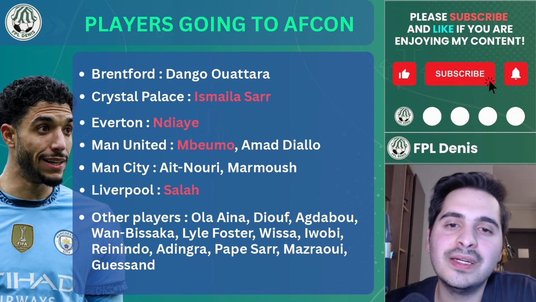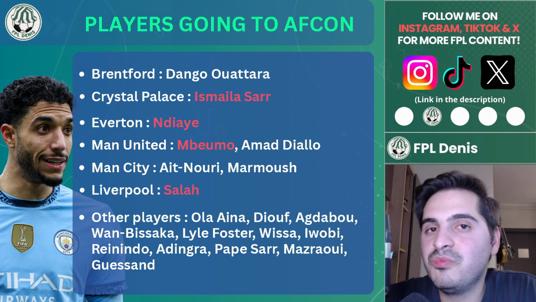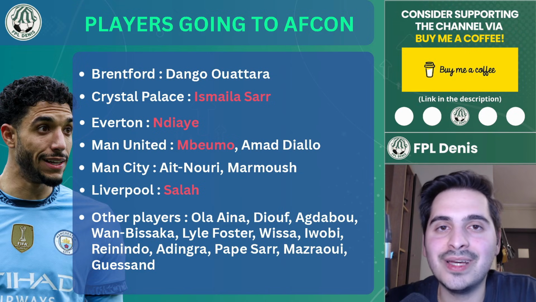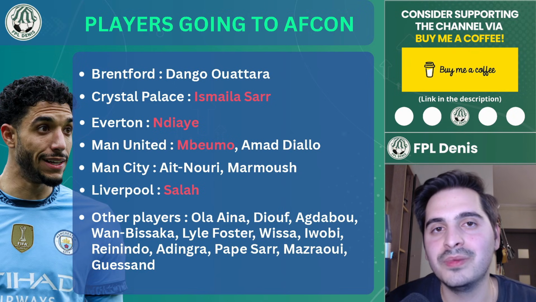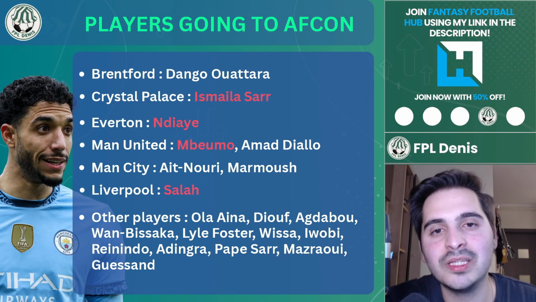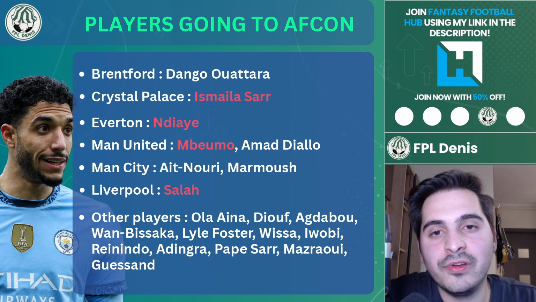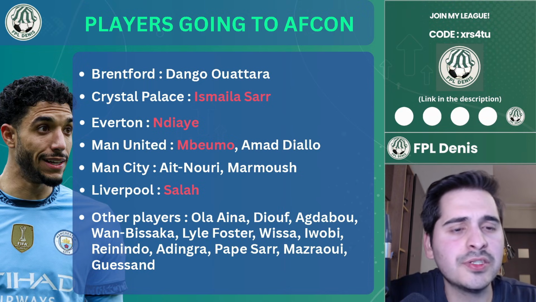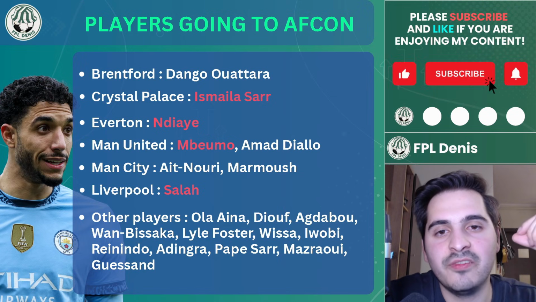Now, ignore Dango Ouattara. Probably I should have put him in the later list with other players, but let's start with him. Not a lot of people, I suppose, have Dango Ouattara in their teams. If you have him, again, I would look to get rid of him at some point. I don't think that I would buy him at the moment because he's also not a 90-minute player who's reliable to play every game. So yeah, other implications again from players like Schade, Thiago, yeah, their minutes are just going to go up, but they are already good options in FPL. So yeah, we don't need to talk about Brentford at the moment.